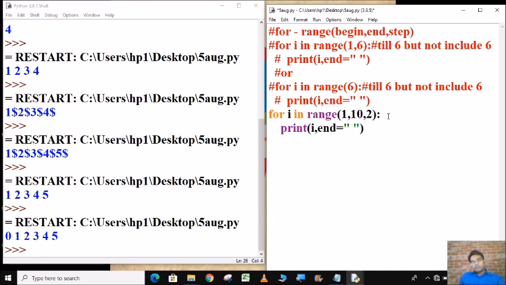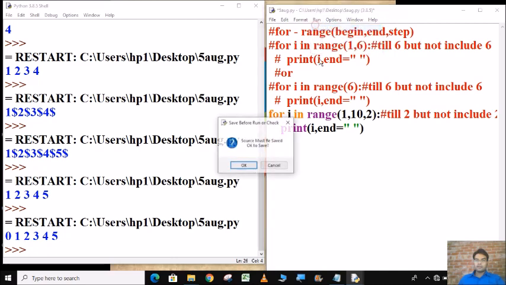This 2 is also not in a regular manner. It will print with a difference of 1 and 1. So in the case of 2, till 2 but not including 2.